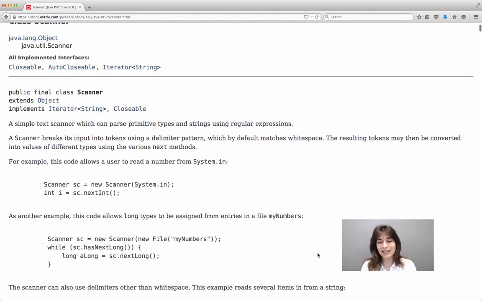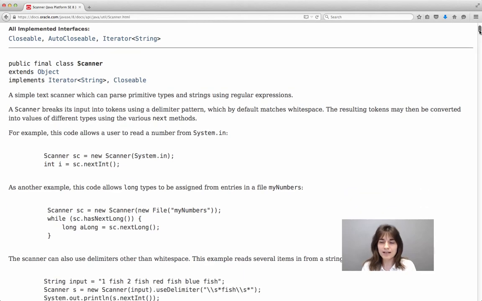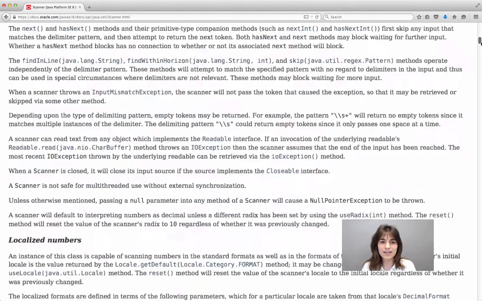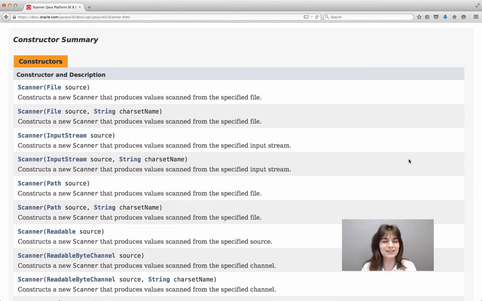By the end of the class, you will be able to understand all of the details that you see on this page, on the beginning of the page. All the words like implements, extends, interfaces, these will be words that you will know what they mean and you will know how to use them. But we will have to gain this knowledge step by step. So, especially for the Scanner class, you will see a long description in the beginning, and you don't have to actually go and read it right now.